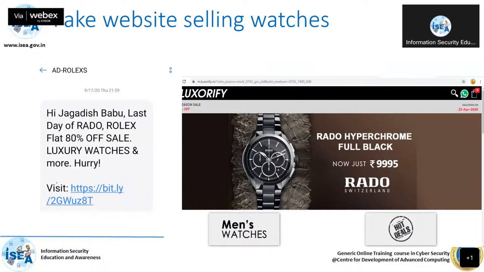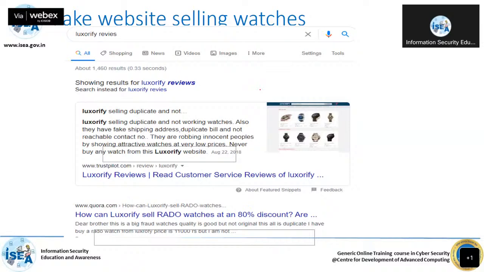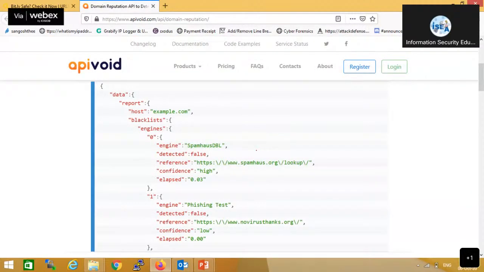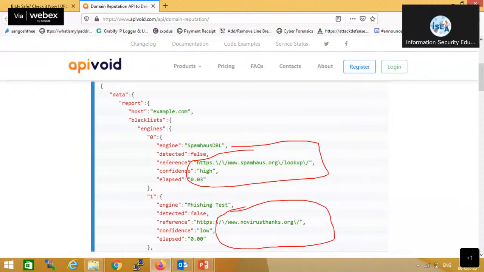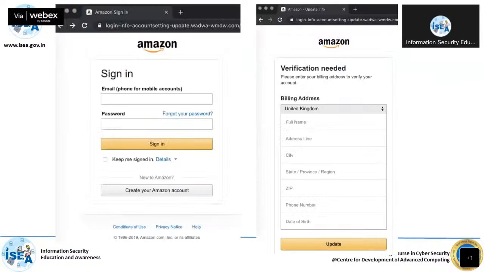So this guy is telling, like, watches, you will get it, and the moment you click, you will get these links. And if you study the reviews, they say used and all these kinds of things, and they are also redirecting to various websites. Here you can see, this website is redirecting, and this website is redirecting. They will collect your credit card, debit card, and bank account details. Later, they will show an error message, and you never find out what is happening or why. So you have to be very, very careful when you believe such websites. So these are some aspects.